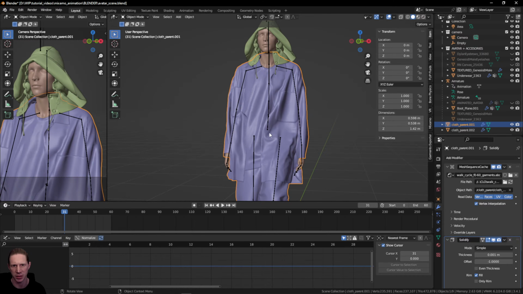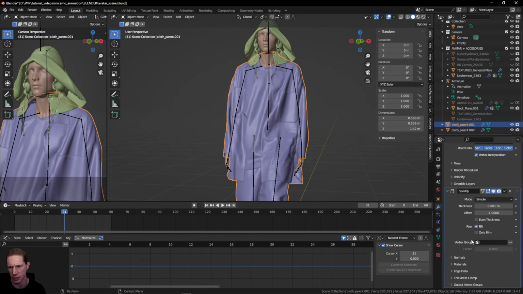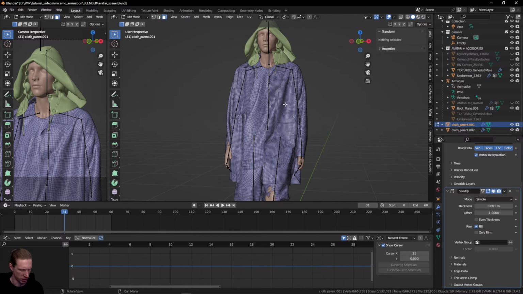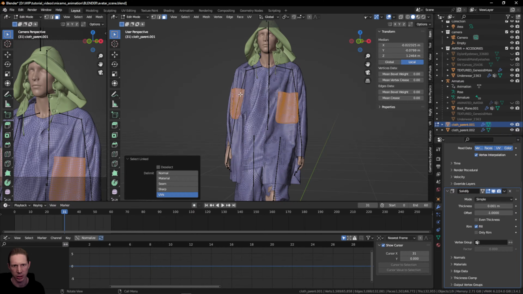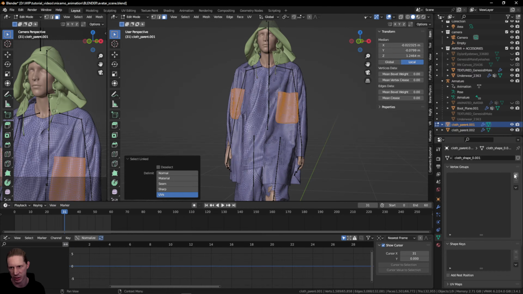If you want to add specific thicknesses for the solidify, you can do this by Vertex Group. So you could select your garment, go to edit mode. You could start selecting pattern pieces. So if you use L, this will select linked things. And if you set this to UV, you could select, for example, the pockets, go to the Vertex Groups, add a Vertex Group here,